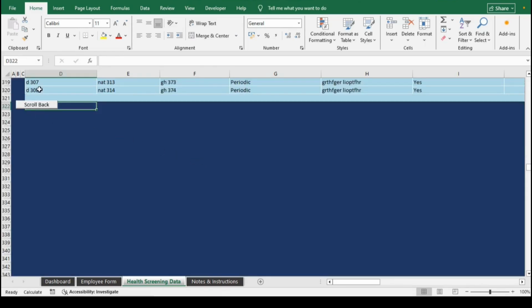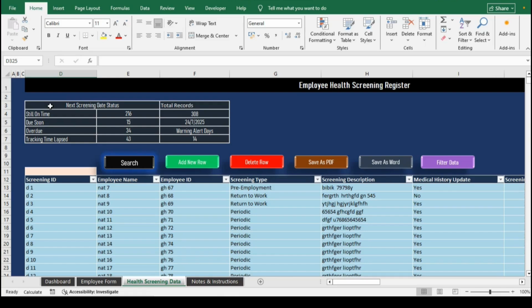As expected, clicking the button immediately adds row 321, and we can now enter a new ID number in column D. You may notice the scrollback button displayed. Clicking it will return the table to its previous position. We've tested the performance of this macro, which works well whenever you want to add a new row at the